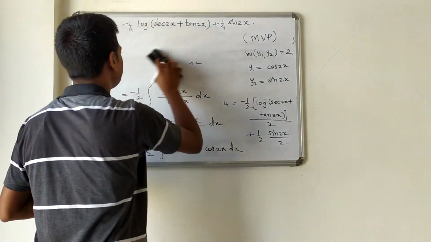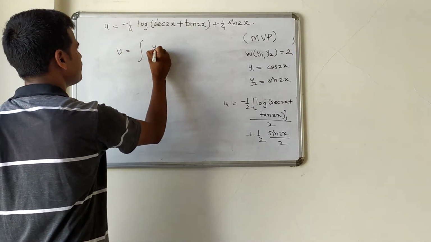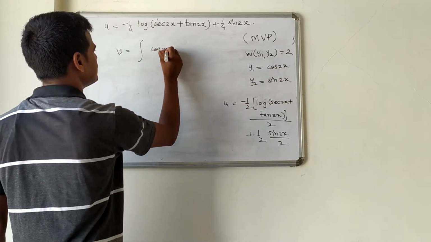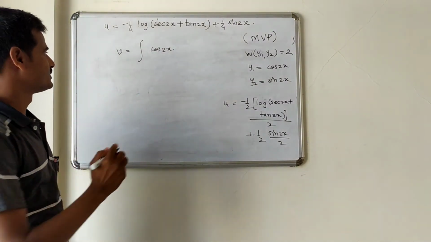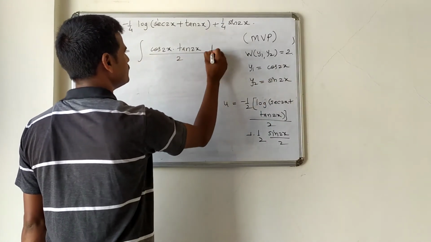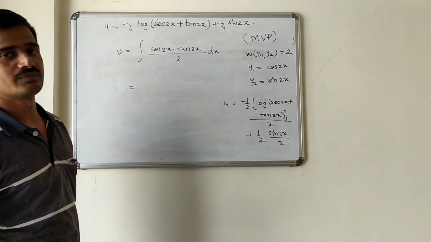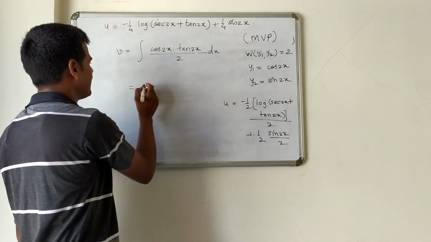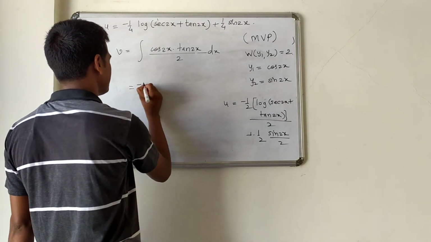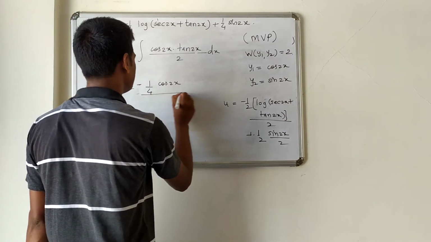Now we will calculate v. So what is v? V is equal to integration of y1 r of x. So y1 is here cos 2x, r of x function on the right hand side. So that is tan 2x upon Wronskian. Wronskian is here 2 into dx. So let us simplify this. Tan 2x is equal to sin 2x upon cos 2x. So cos 2x will cancel and it is 1 by 2. So sin 2x will remain. So what is integration of sin 2x? It is minus cos 2x divided by 2. So I will write here minus 1 by 4 cos 2x.